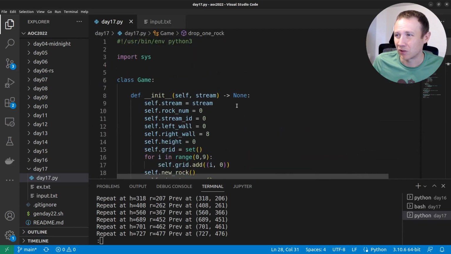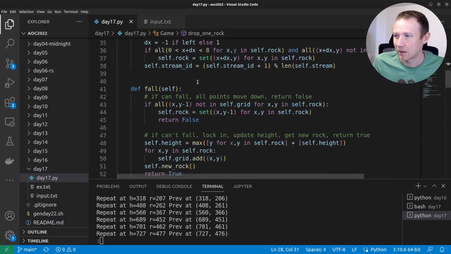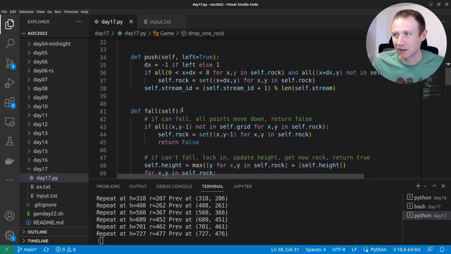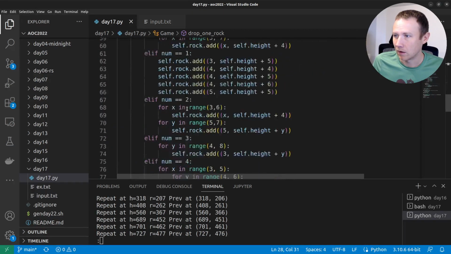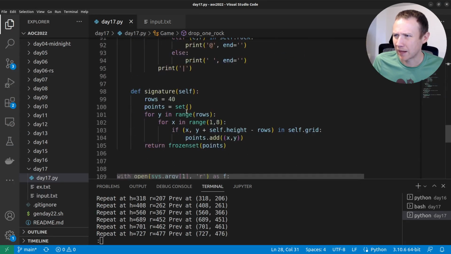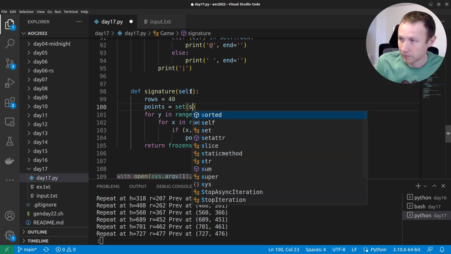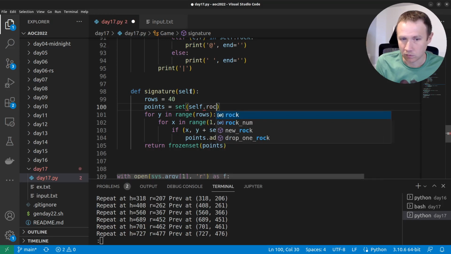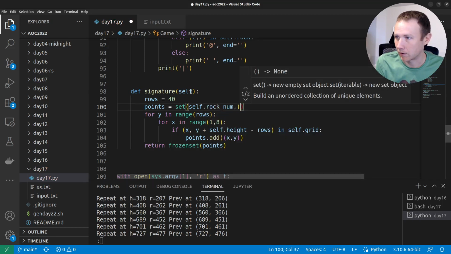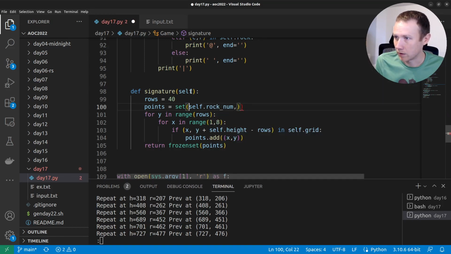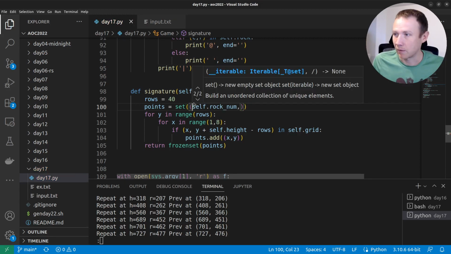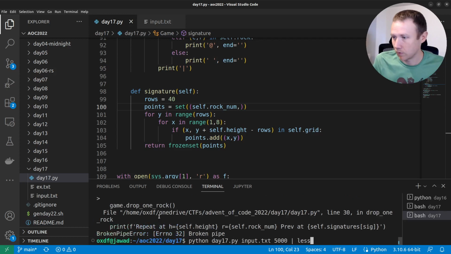Right now we're just looking to see if the rock formation is the same. Let's also look at what the next rock shape is going to be and put that in there. We can do that by creating a fake point here, with self.rock_num, comma, like that. By doing that we add another thing to the tuple that has to be the same. So if we quit and run this now,